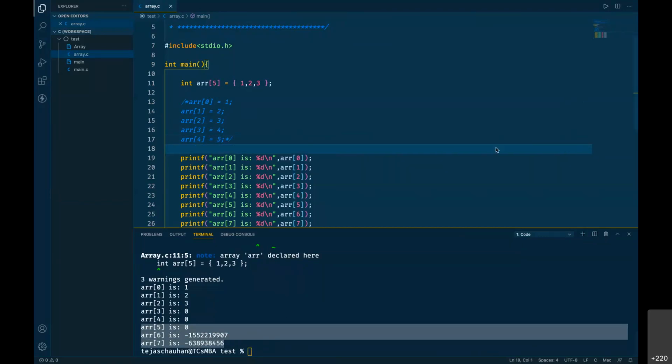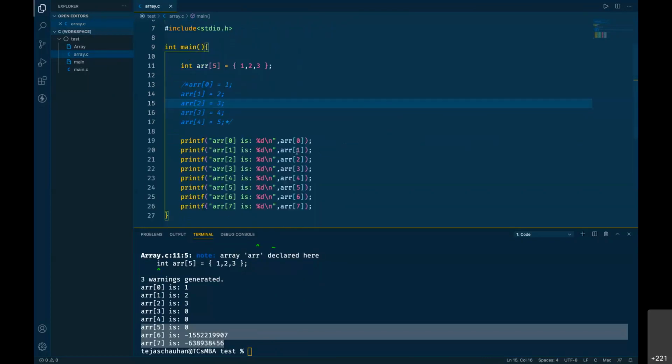Vyom is asking, sir, can we assign comma as a value? Look, when you go for comma, it's a character. If you have a character array, you can assign comma as a value. Comma is not a valid integer value, so you cannot assign comma here. I don't know what was your actual query, Vyom, but this is what I interpret.